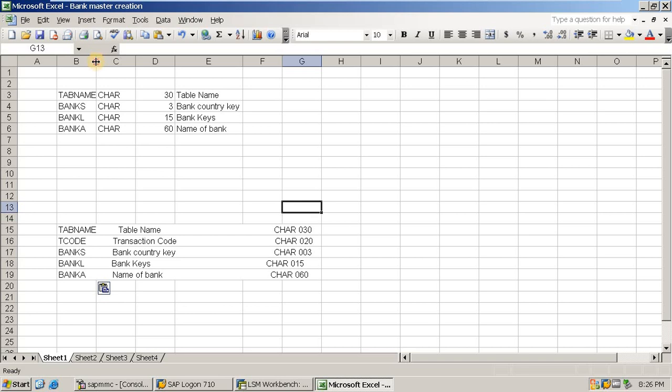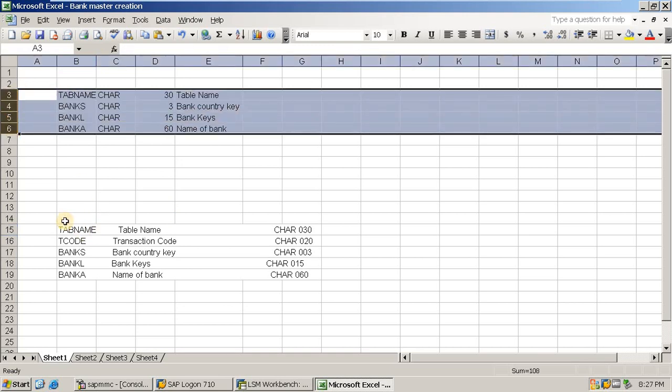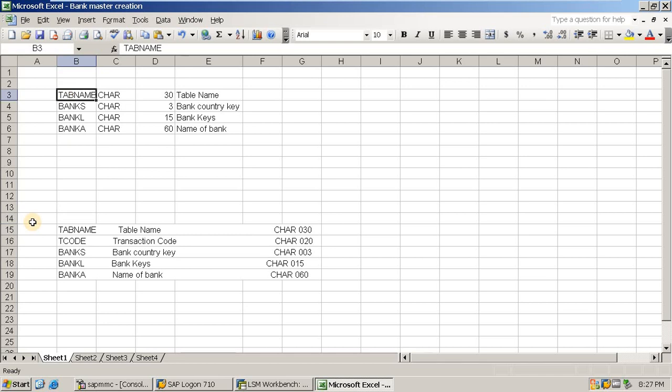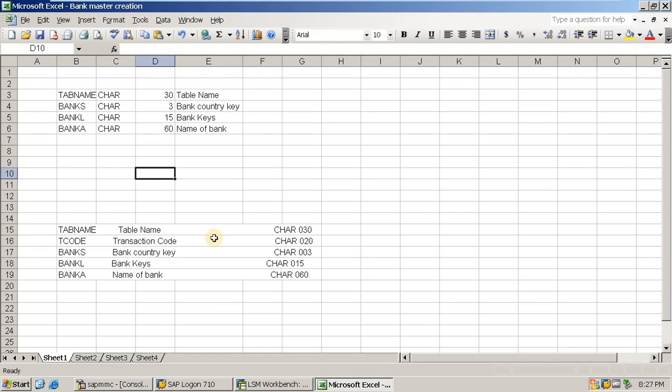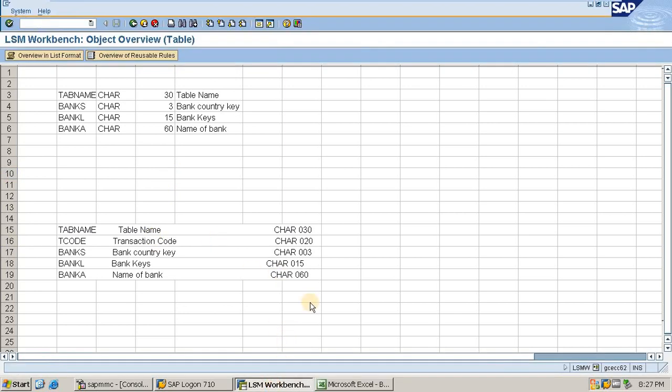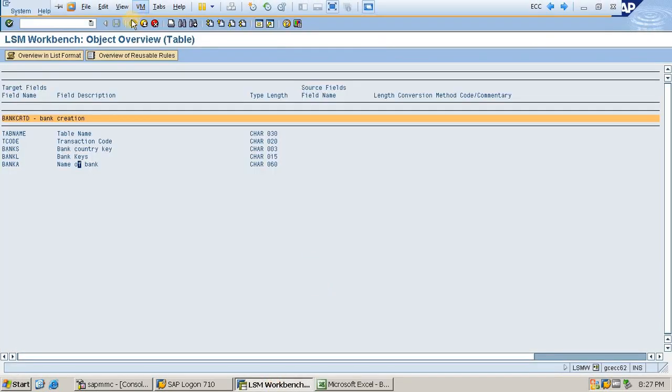So these only are being kept here. See, these and these are the same. I only have removed this T code field because I don't require it, because the T code SAP itself has identified. Anyway, you won't understand as long as I don't go to the other steps, so it is fine.